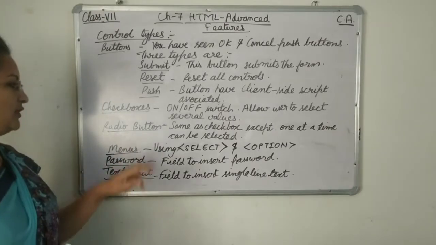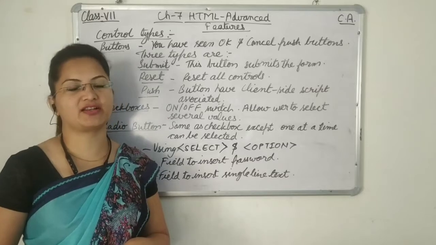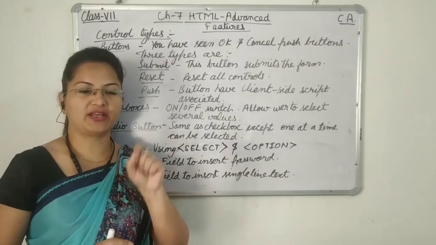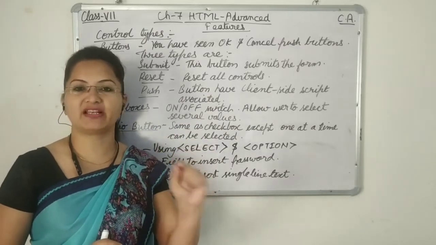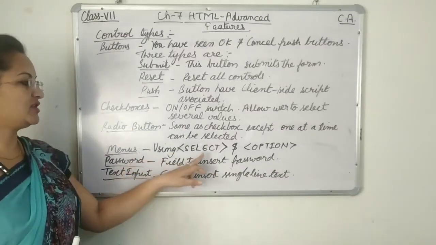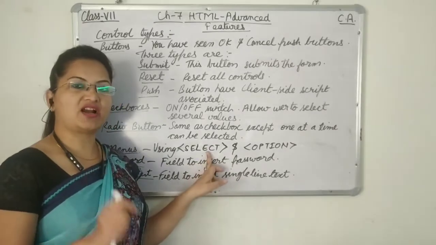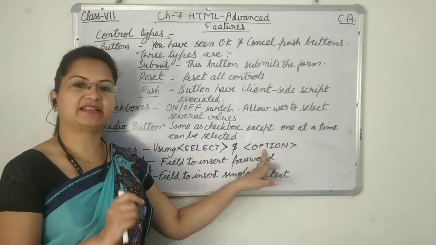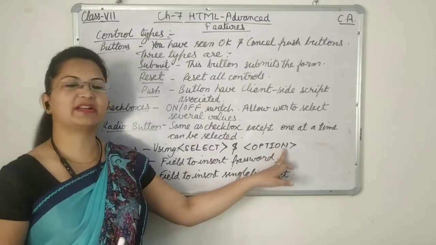Now menus. You might have seen menus like while selecting cities or state or country. Then a drop down appears, a menu appears. When we click on the arrow, a drop down appears. There is a list of cities or states and we have to select any one state or a city. So at that time we can use select and option tags. Okay, select is used to start the menu and various list items inside the select will be written in option tags. Okay, every city will be written in option.